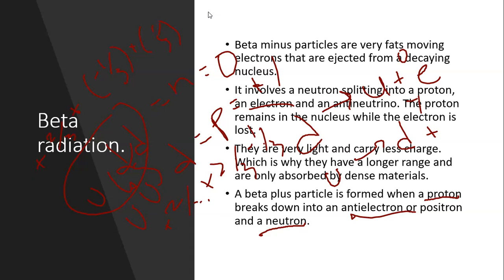And that is why in beta minus decay, a down quark is turning into an up quark. So the quark composition is changing. And in beta plus decay, the up quark is turning into the down quark. So again, the composition is changing. This is all making sense. This is clear, right? Yes, miss.